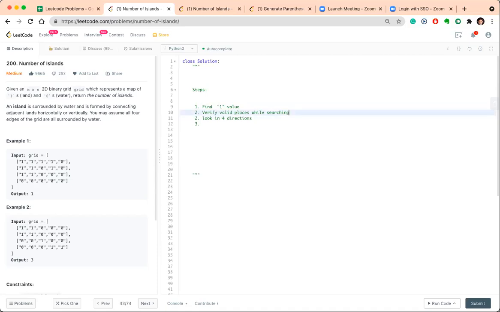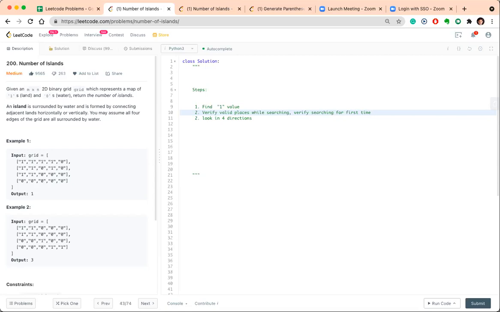Just one thing on top of that is, while verifying valid places while searching, we should also verify if we have already searched it or not. Right. So you can temporarily update the value in place so that you don't get into an infinite loop. Yes.